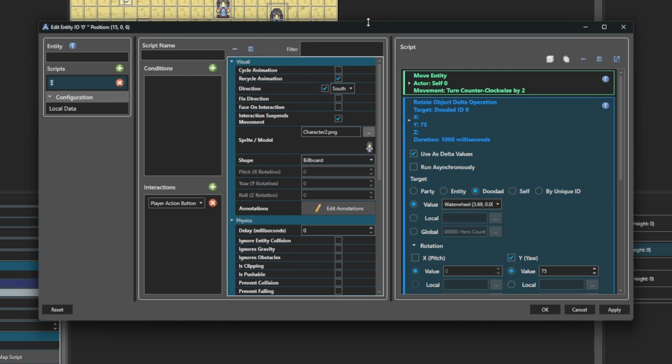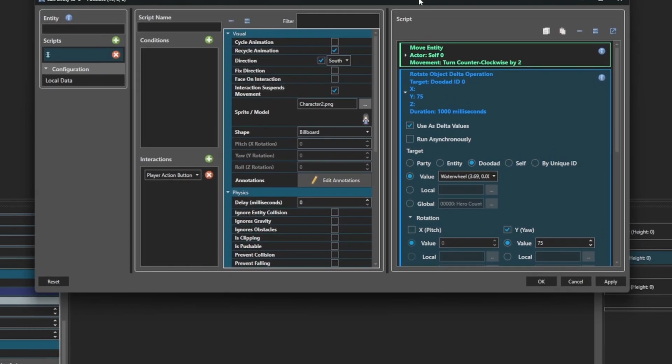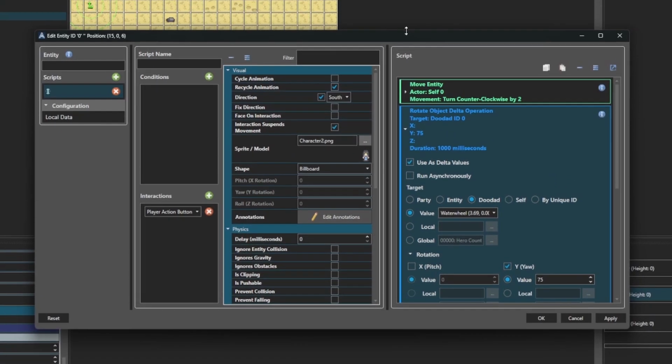One of the next pieces that got updated is you can now access doodads. You can see that here. Previously it was only party, entity, self, and by unique ID. Doodad is now included in that. You can go ahead and hit